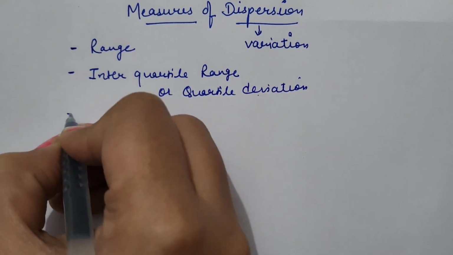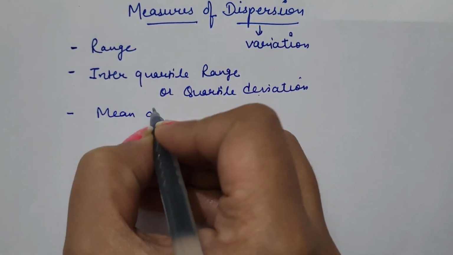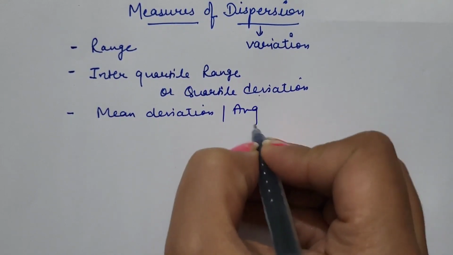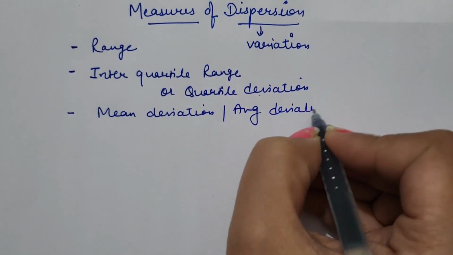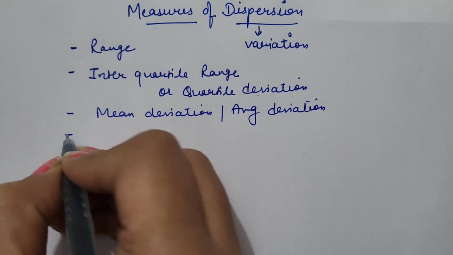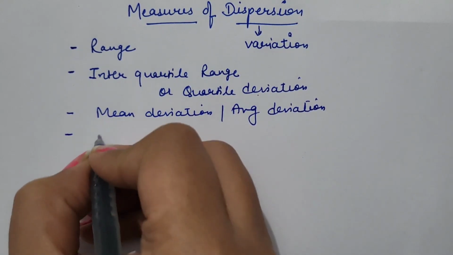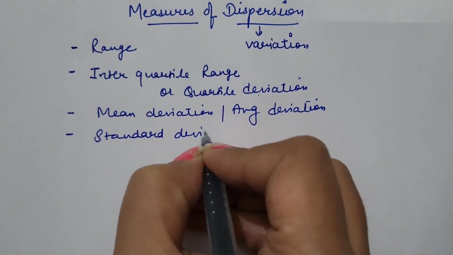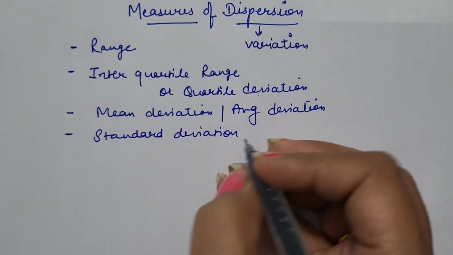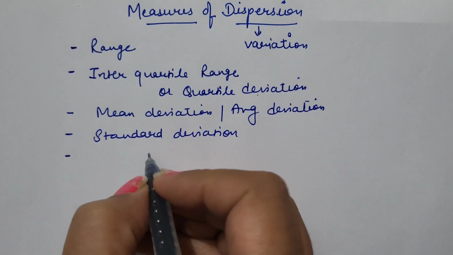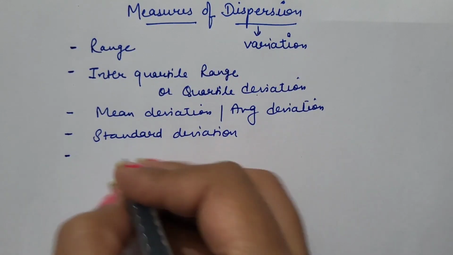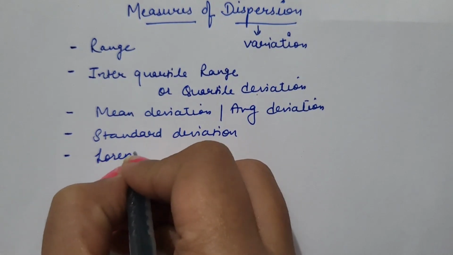Next is mean deviation, also known as average deviation. Next, the most important measure of dispersion, that is standard deviation. स्टैटिस्टिकल कैलकुलेशंस में स्टैंडर्ड डेविएशन बहुत सारे कॉन्सेप्ट्स में एज बेस यूज होती है। एंड द लास्ट इज लॉरेंस कर्व।